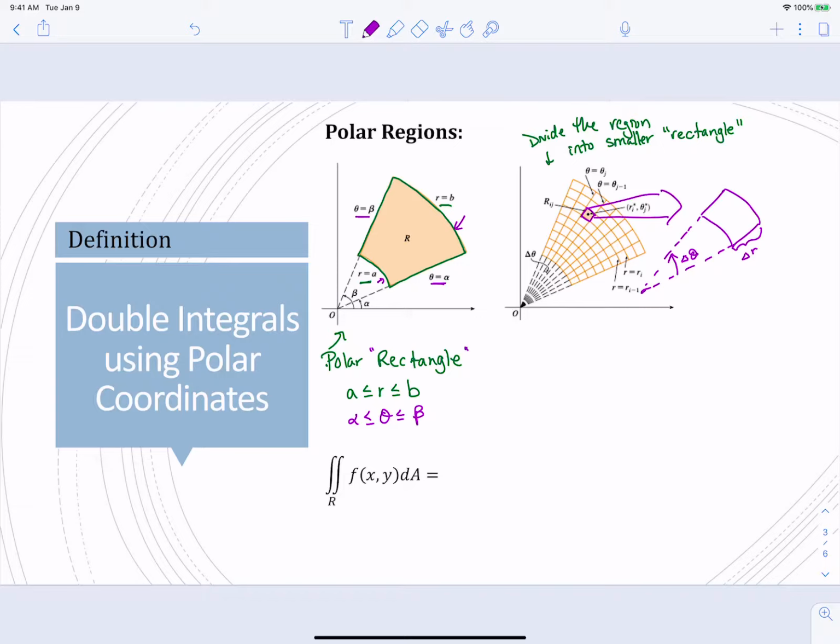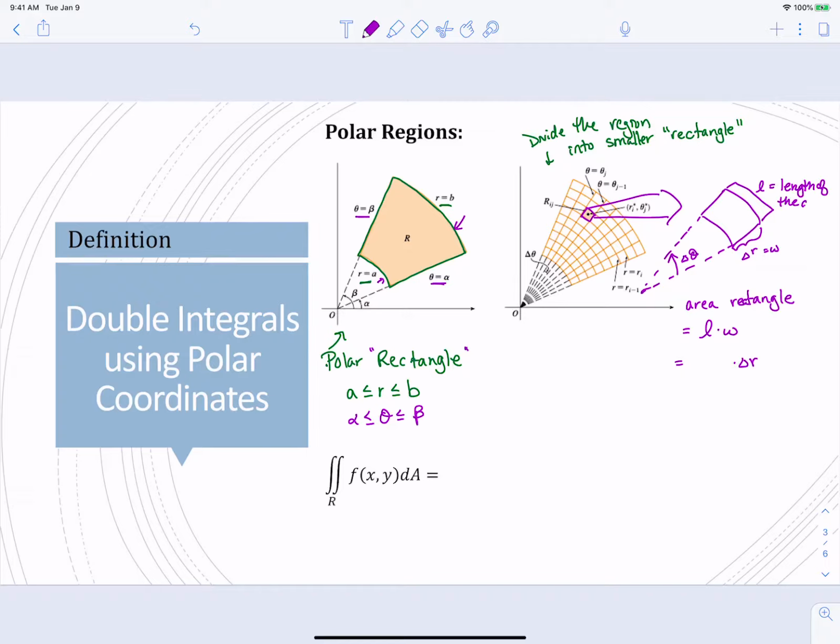So the area of a rectangle is going to be equal to the length times the width, right? Well, the width, we could view that as our delta r. The length here, that's going to be the length